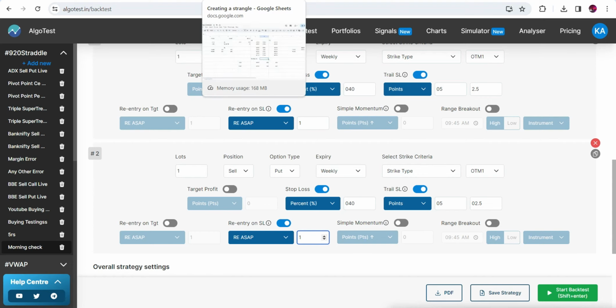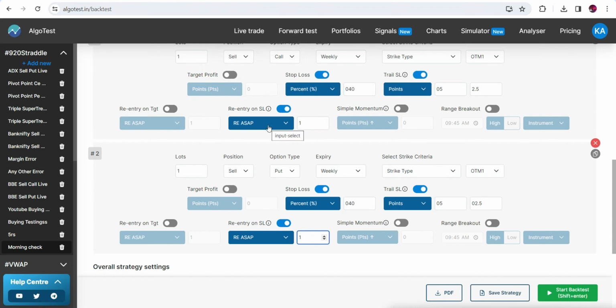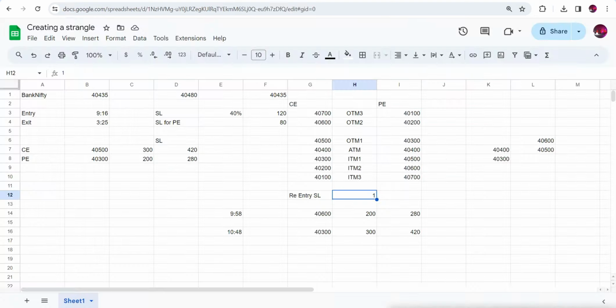So now we are going to discuss the re-entry ASAP reverse. How it works is, it works simply the same as ASAP, but it will reverse our position. For example,